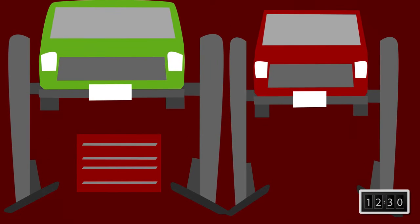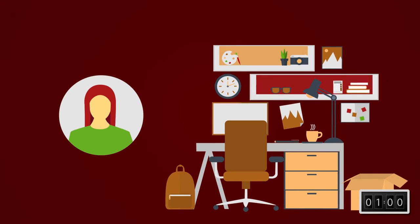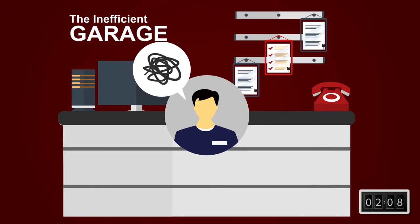Things aren't looking good at the inefficient shop as the car sits and sits and sits. The customer, who was in a meeting, didn't recognize the shop's phone number and sent the call to voicemail. But once they remember, they check it and call back. Almost an hour and a half later, the inefficient advisor goes over the power steering pump along with the other